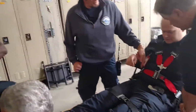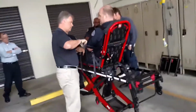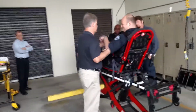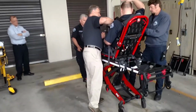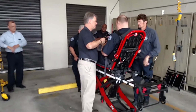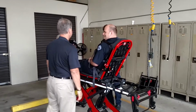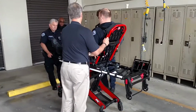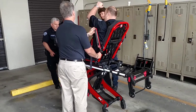To balance this out, this one would be over here, right? And then you'd have your primary chest strap out. I get a lot of flack from these Seattle Fire folks, they have one strap that goes here and one strap that goes here. But unfortunately, it's 2016, I don't know if you guys use NFPA for your,